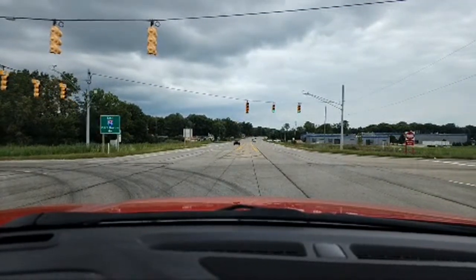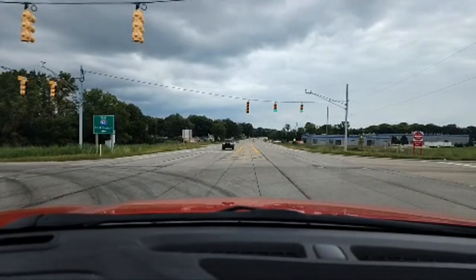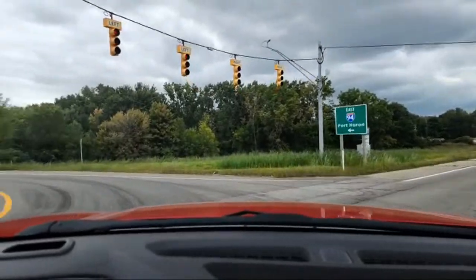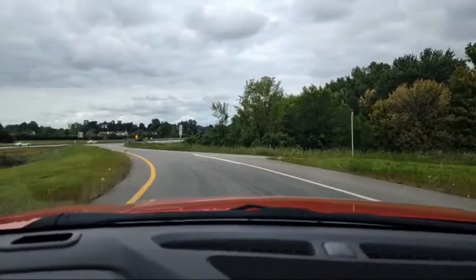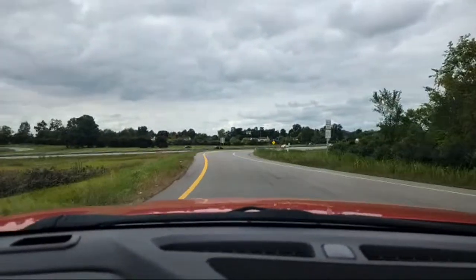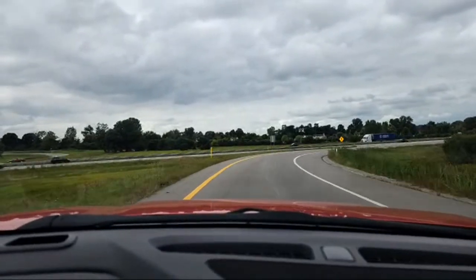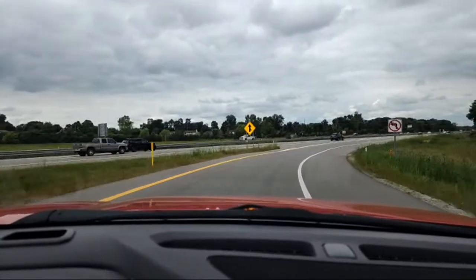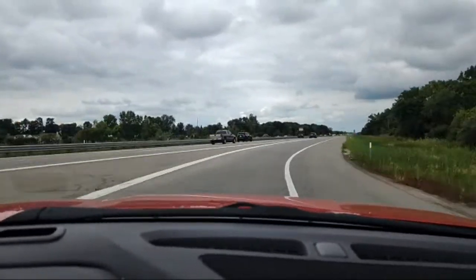So I'm waiting for these cars to go by. And then here's my gap, and I'm going to go ahead and turn. And then I gently accelerate, and this would be a good expressway merge for you guys. And I'm at 29, 37, 46,